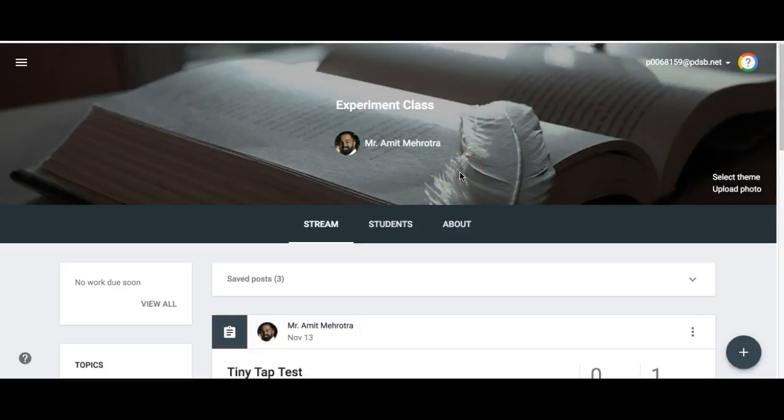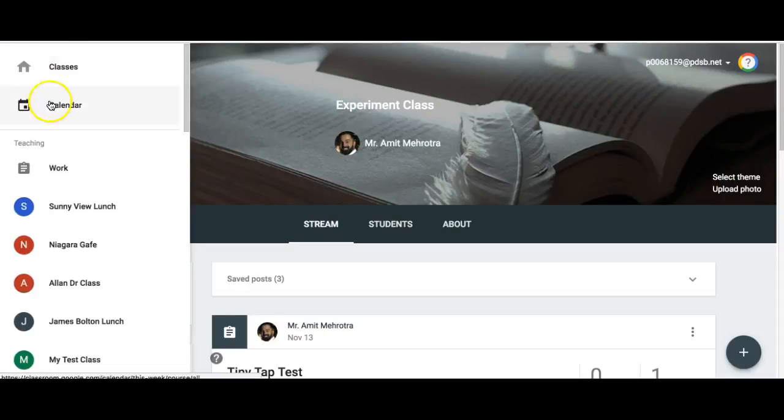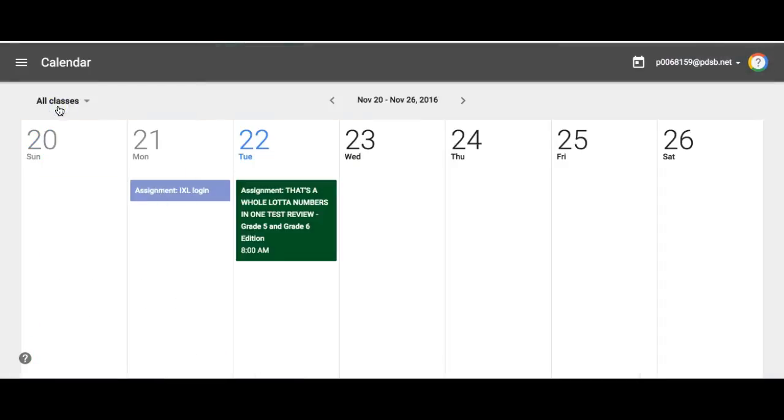This week we're going to be focusing on the calendar feature in Google Classroom. So some of you may have noticed if you go up to these top three lines up here in Classroom and you click on it that you'll see an option for calendar. When you click on that, it shows you a week view, shows you assignments that are coming up, but that's not very helpful if you're wanting to post things like field trips or reminders for students or parents or whatever